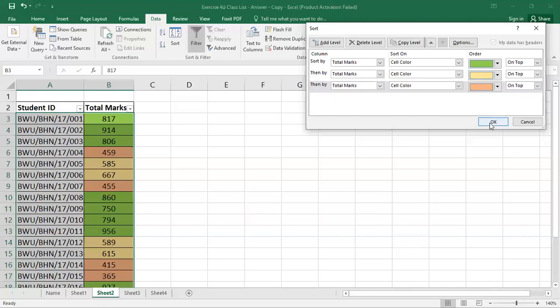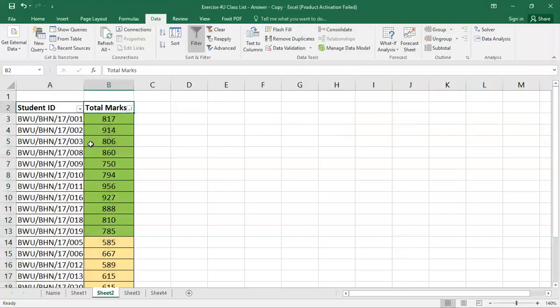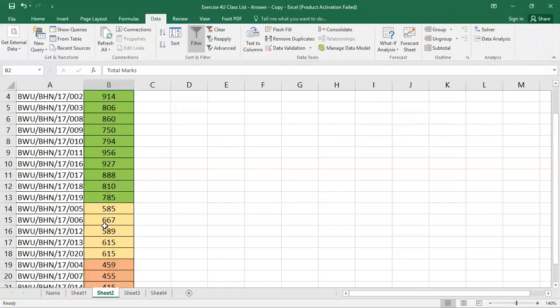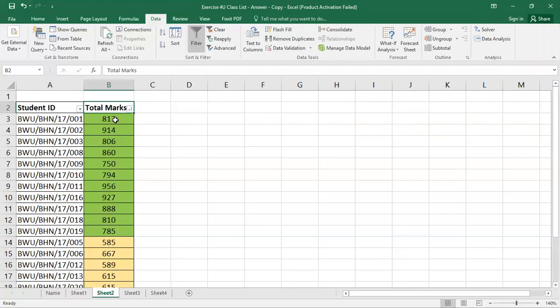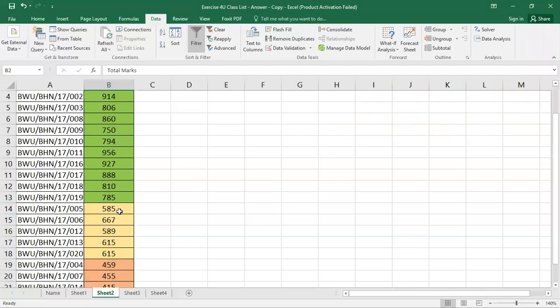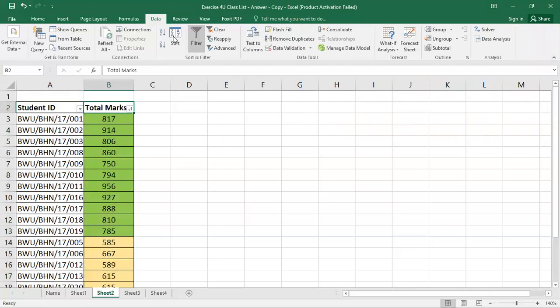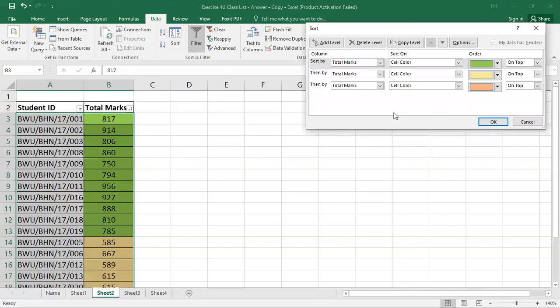Now if I click OK, look here, the green are in the top position, the yellow in the second position, and the red in the next position. In this manner we can show these things.